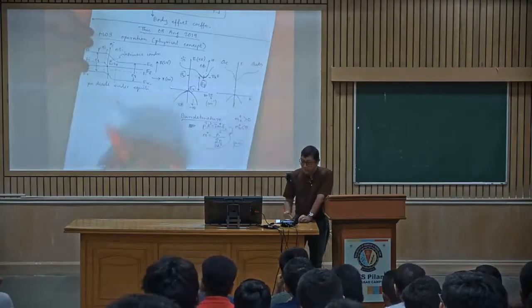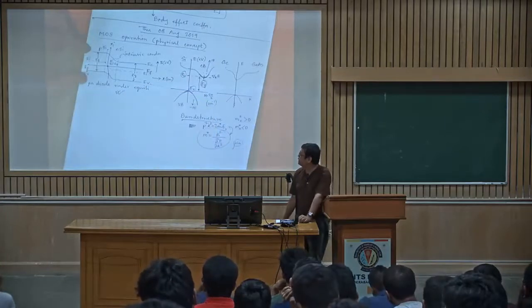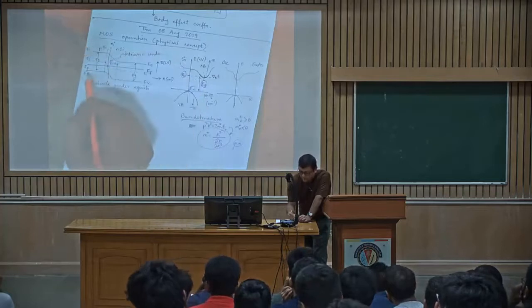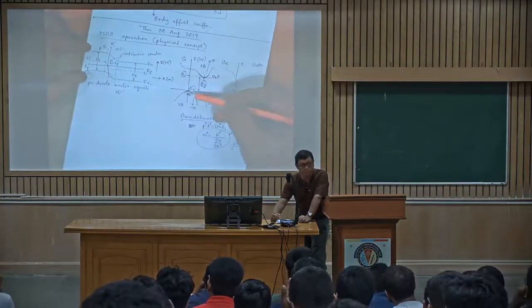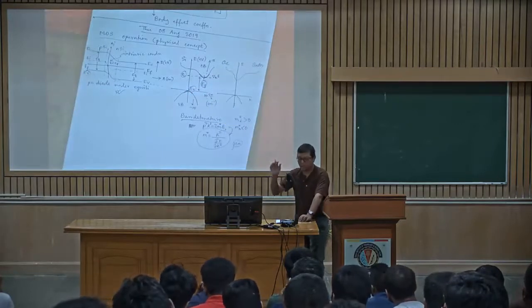So now let us come back with this idea. The PN diode under equilibrium concept is clear. So when are we going to have that? Just understand how we got this EC and EV: we are getting them from the minimum and the maximum of the bands. Okay, remember this much.